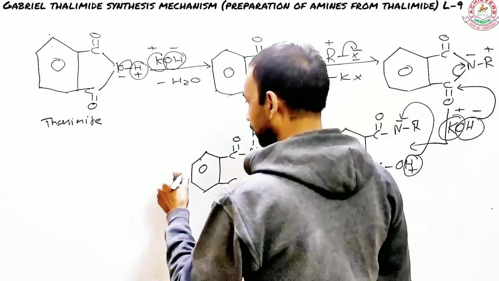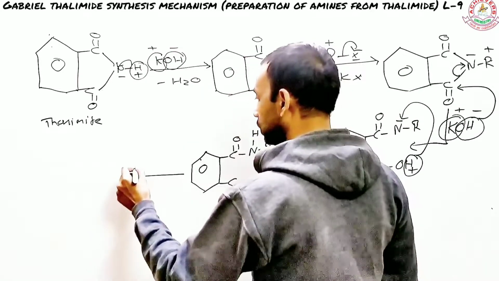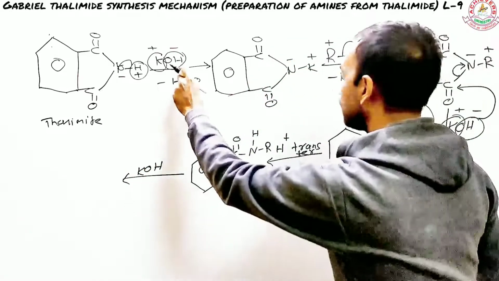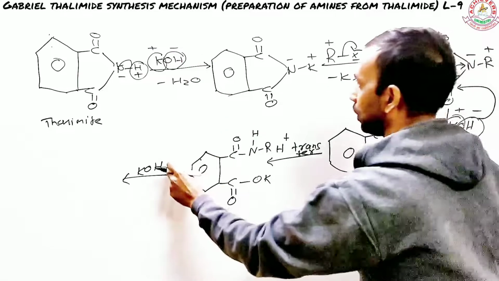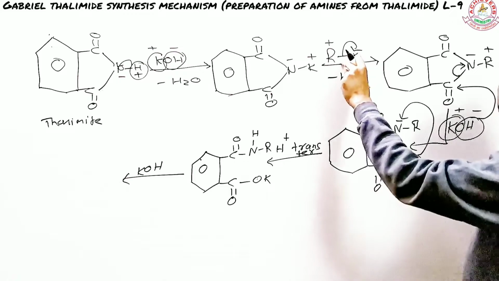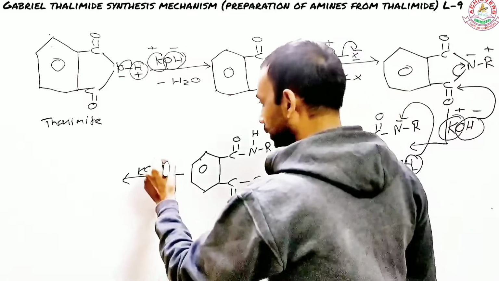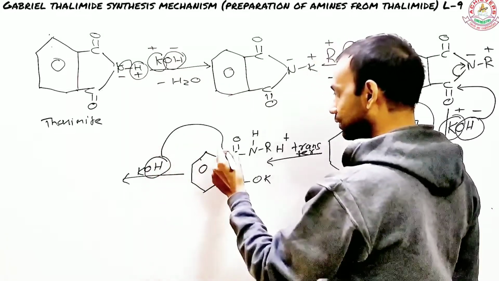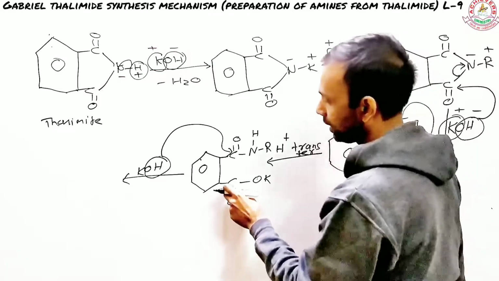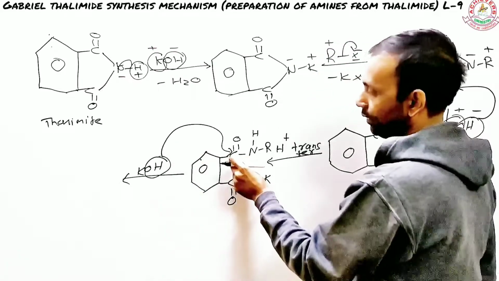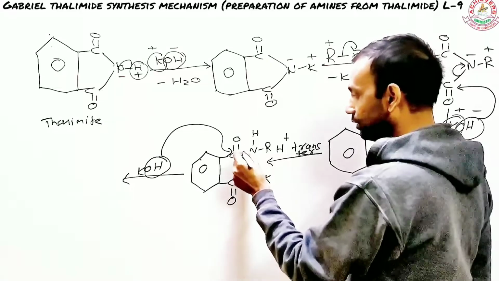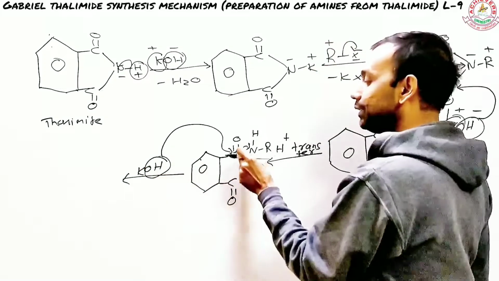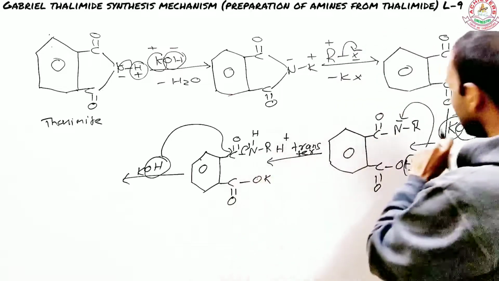Now what you need here again is the third molecule of KOH. Just pay attention. How many molecules of KOH have we used? 1. We have used 2, and this is going to be the third. But alkyl halide, just 1. So now what will happen? Again, this OH will be attracted towards this carbon. Why? Because there is no place over here. So this will be moving over here. Right? And in that case, the bond here will shift towards the nitrogen. So in order to move the OH towards the carbon, this bond will be breaking, like the earlier one I explained.